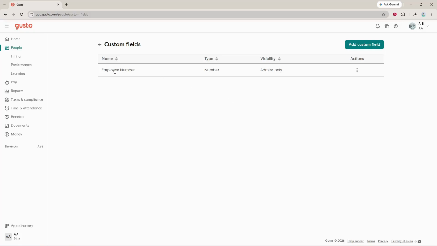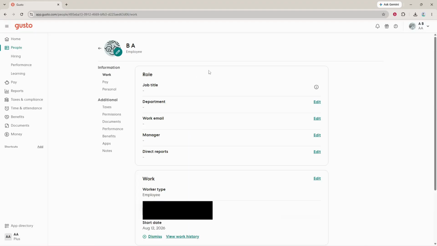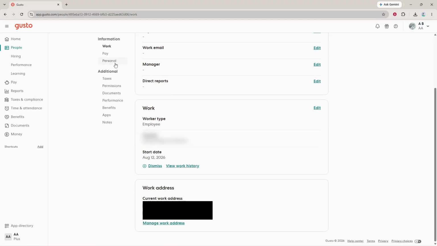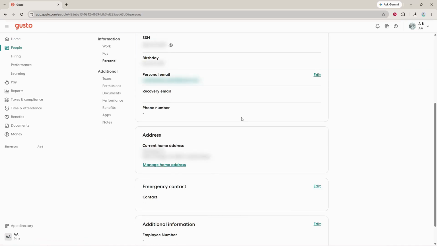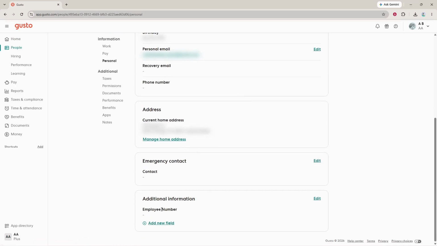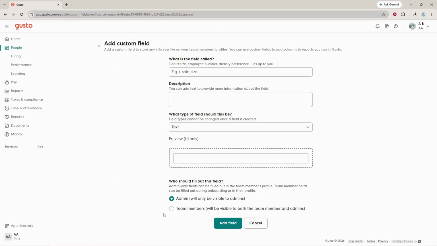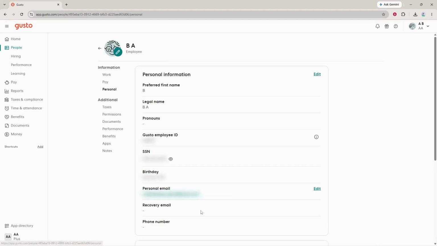After the field has been created, open an employee profile to use it. In the profile, locate the new custom field and enter the relevant information, or update it if you are adding details later. This is where the field becomes part of the employee record and can be filled in as needed